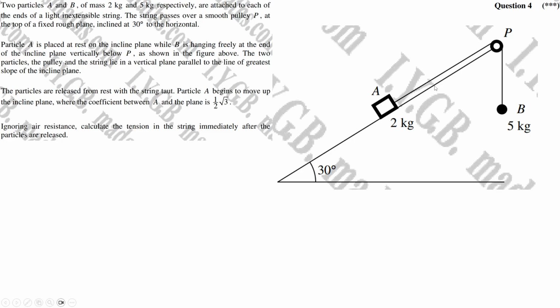Here, so we've got two particles, 2 kilograms, 5 kilograms. So this weight acting down here is 2g. And then just one thing that I'm going to do here is split this up into its vertical and horizontal components, where the vertical component is perpendicular to this plane here. So if we draw a line going down here and then another one going like this, we can split this up. And this here is actually going to be 2g cosine theta, and this here is going to be 2g sine theta. And the reason why that is, if I draw a triangle here just to show you,